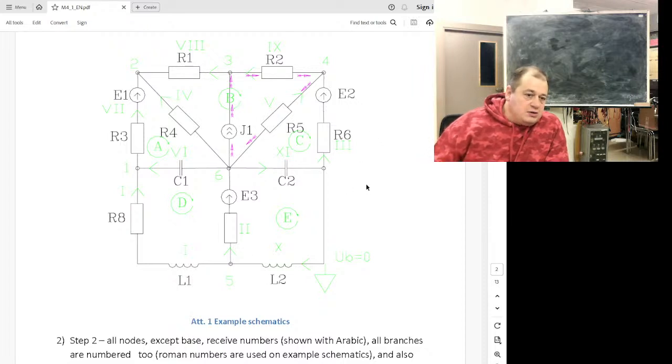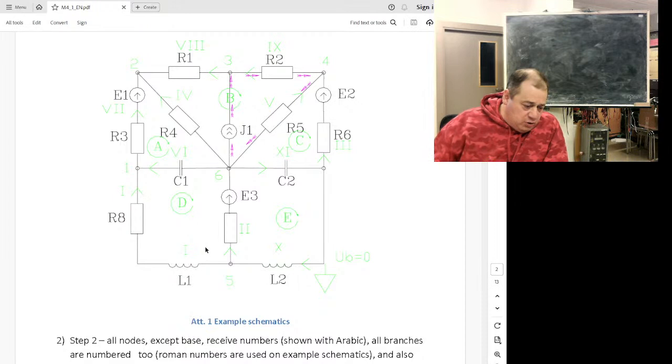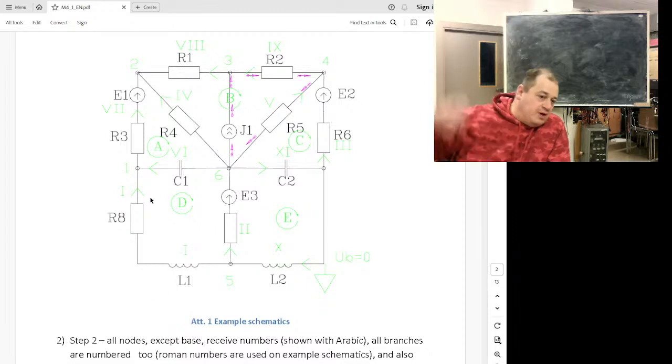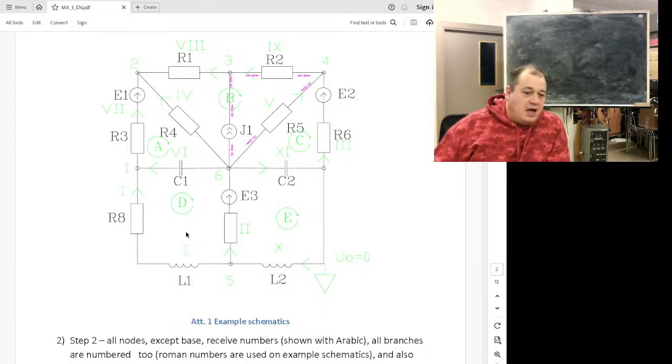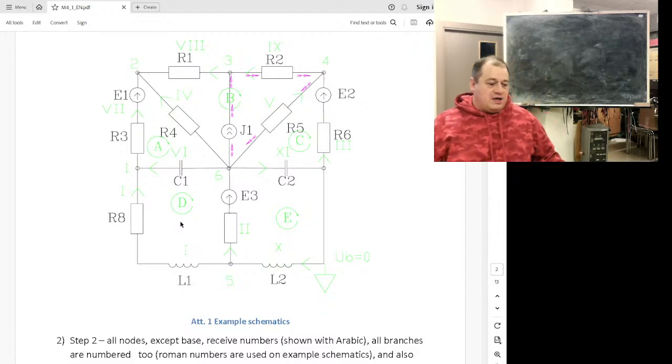Also, I need to assign numbers to branches, and not only numbers, I also need to assign directions. So this will be first, and I'm assuming that it goes up. It's my choice. When I have everything labeled or counted,